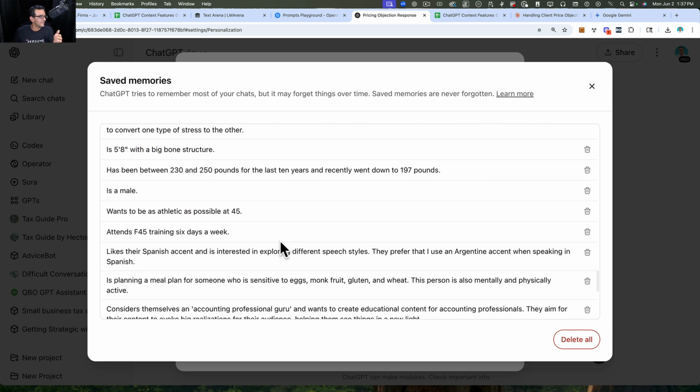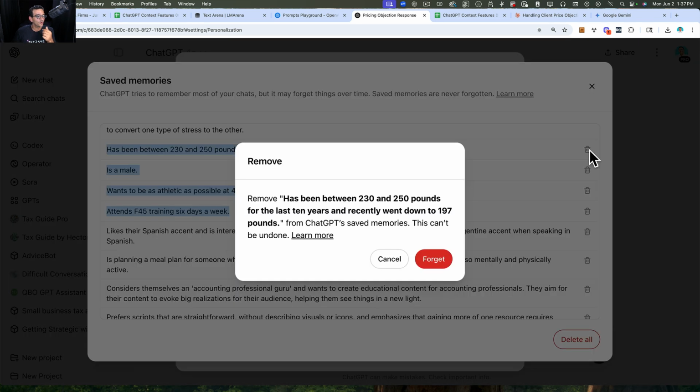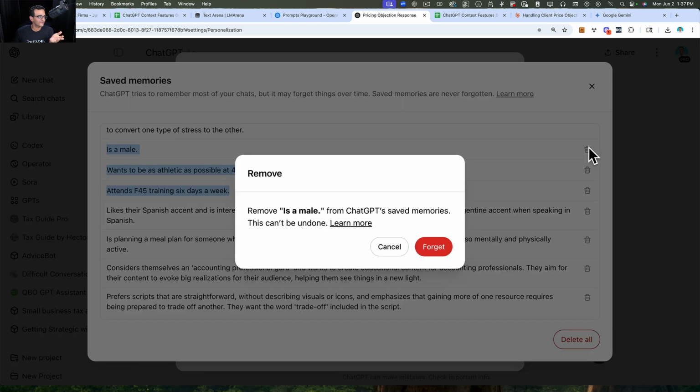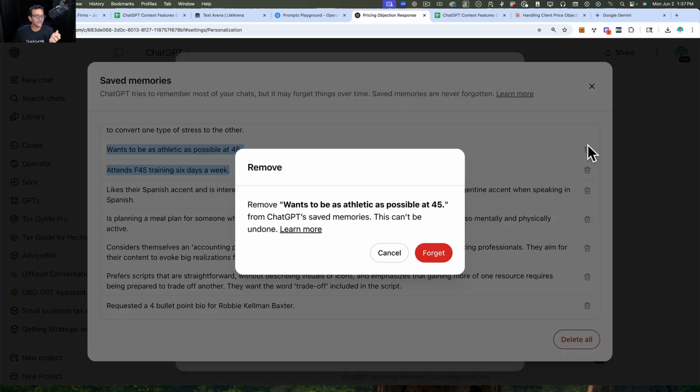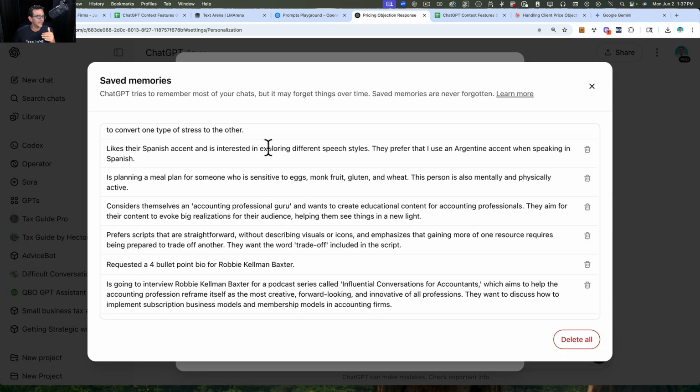That's one of my goals, and as you start looking at this memory, you might go, you know what? I kind of don't want this stuff in there. So I can delete any specific memories and have it, quote, forget. Just forget this factoid about me because it's not relevant. You have the choice of going in there and having it forget any specific factoid. Now, unfortunately, I can't edit the memory, so to speak. You're going to have to delete it and refeed it a new piece of information.